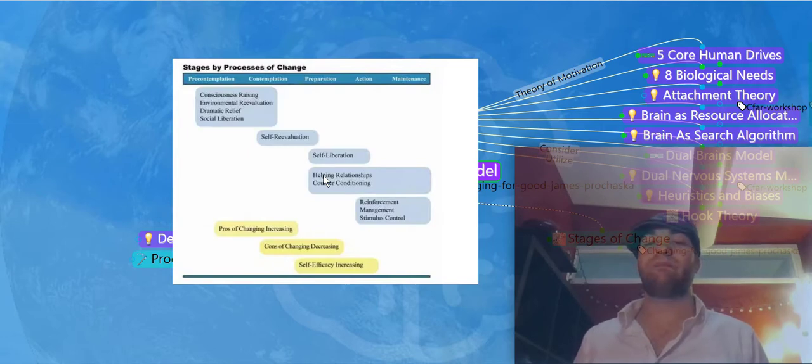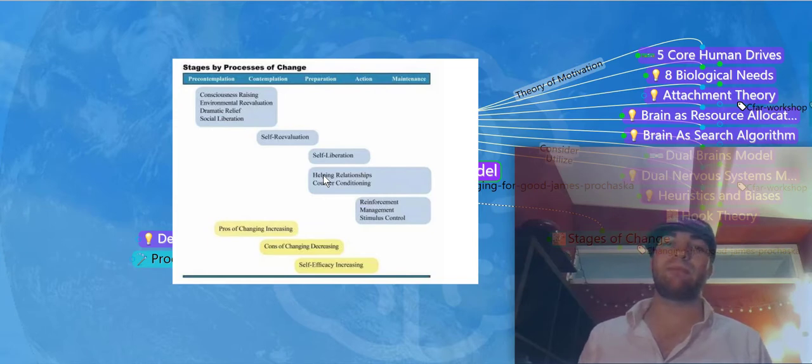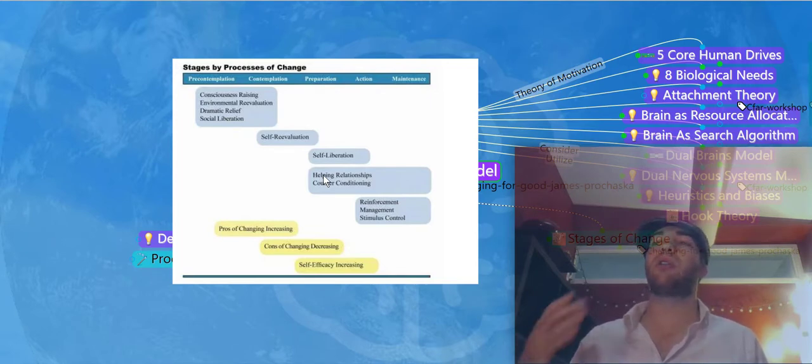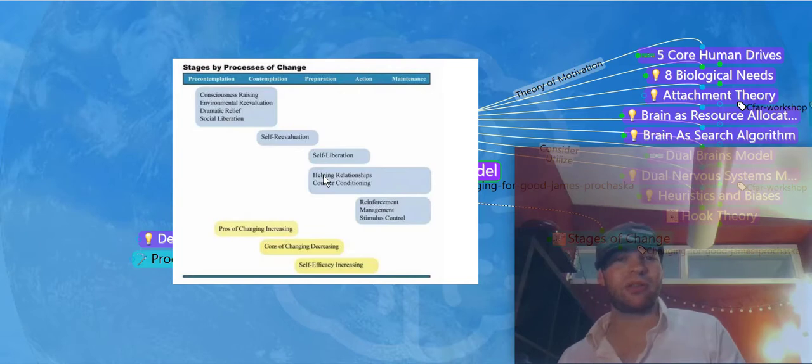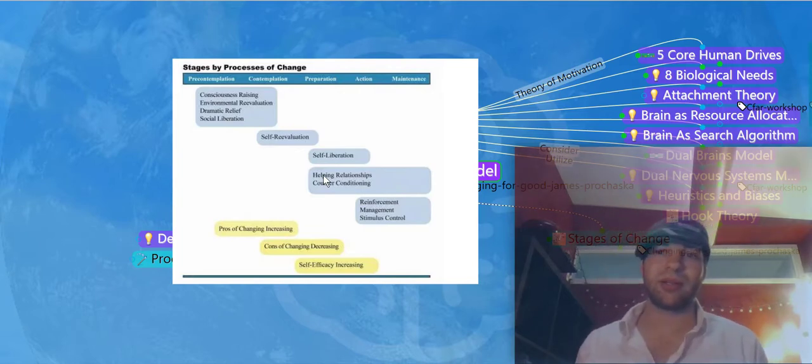The Transtheoretical Model is a model of behavior change, and it came about initially when James Prochaska was thinking about all these different psychological interventions. It seemed like no matter how many times you tested them and tried to figure out their efficacy, no intervention was better than any other intervention. They all had roughly the same effects. And it seemed to him like that shouldn't be the case because they're very different, and so they should have different effects.